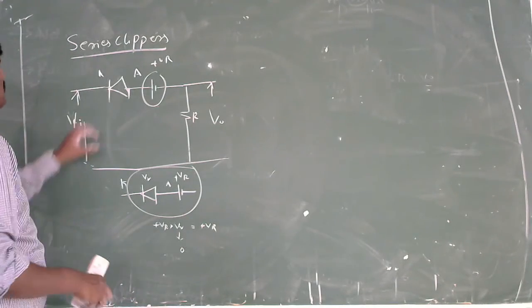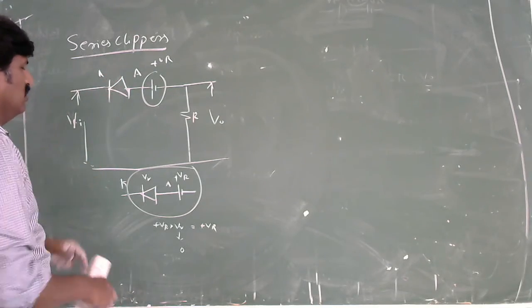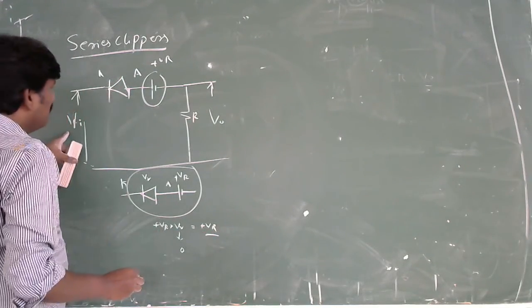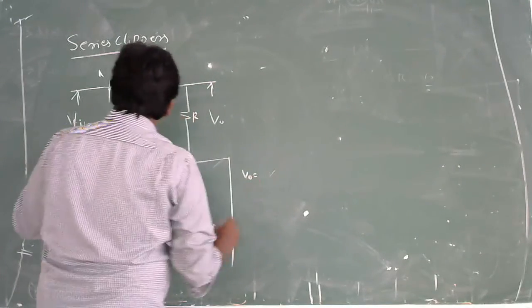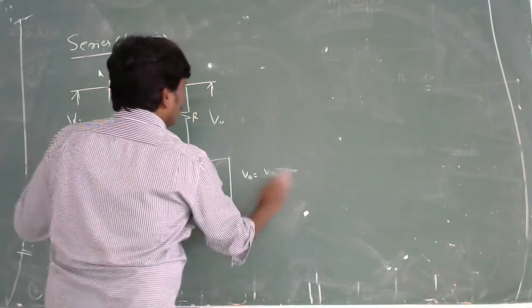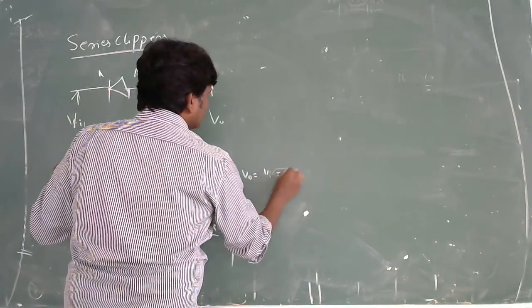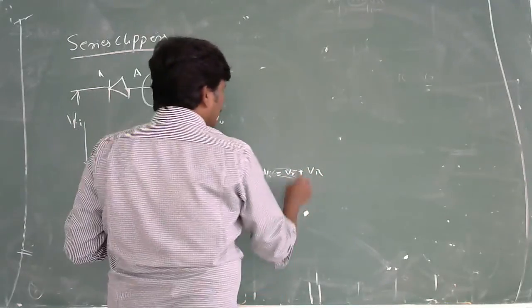So what is the minimum voltage drop required across the diode to make it conduct? It is plus VR. It means, what is the output voltage? Very simple. You know that the output voltage V naught is equal to VI minus V gamma plus VR. But as I say that one,